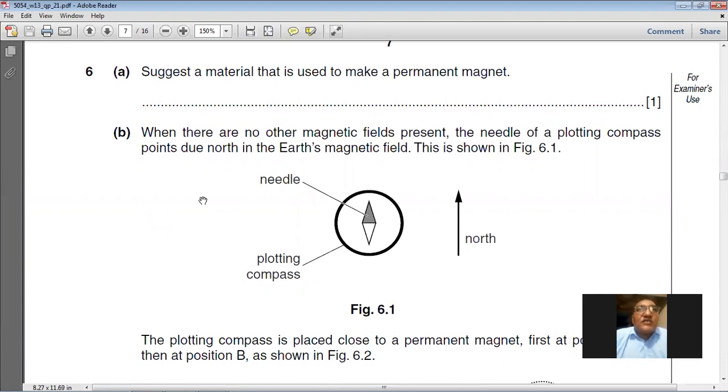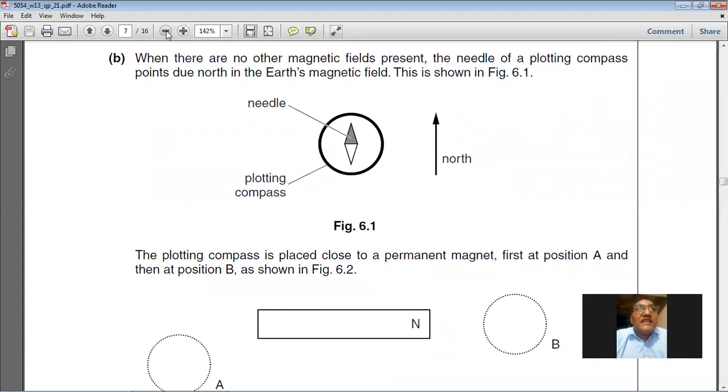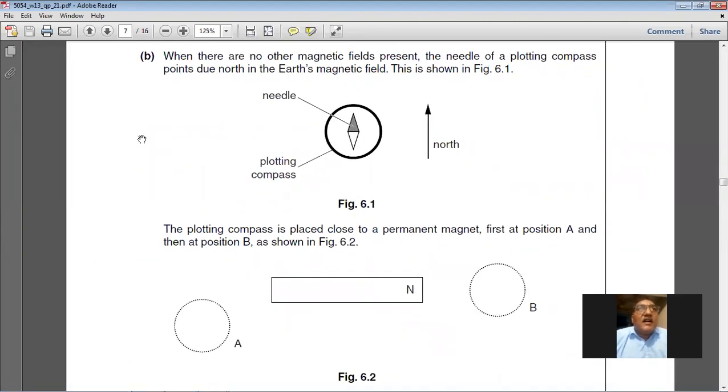The next question is the B part, and it says, when there are no other magnetic fields present, the needle of the plotting compass points due north in the Earth's magnetic field. This is shown in figure 6.1. So if north is in this direction, this shaded side of the needle of the compass will always point to the north